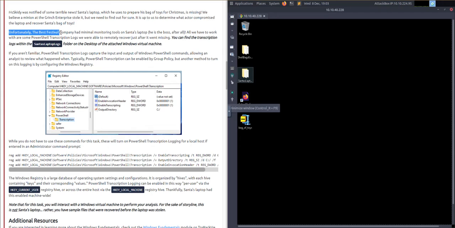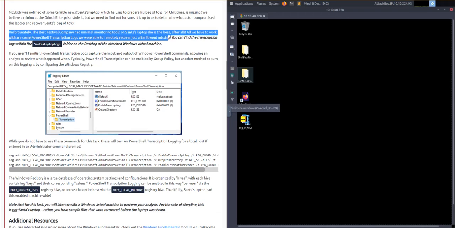Unfortunately, the best festival company had minimal monitoring tools on Santa's laptop. All we have to work with are some PowerShell transcription logs we were able to remotely recover just after it went missing. You can find the transcription logs within the Santa's laptop logs